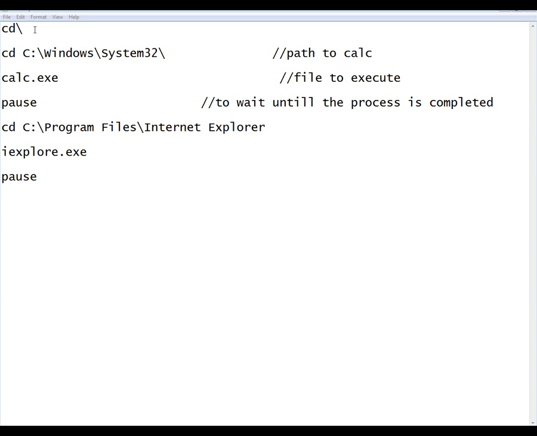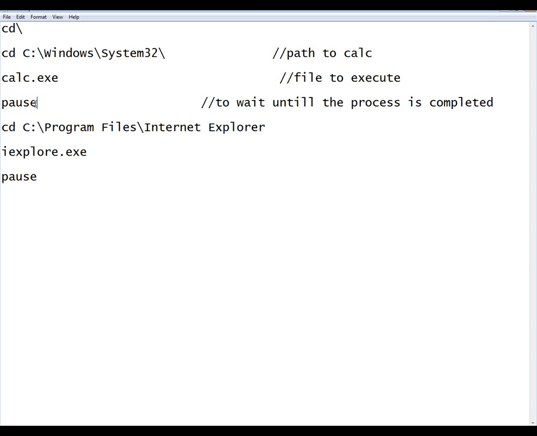Executing 2 programs at a time. In a similar way, open Notepad and type what programs to execute. For this demo, I am executing calc.exe and Internet Explorer.exe. First type cd / to come out, and then cd followed by the path to execute calc.exe, and calc.exe.